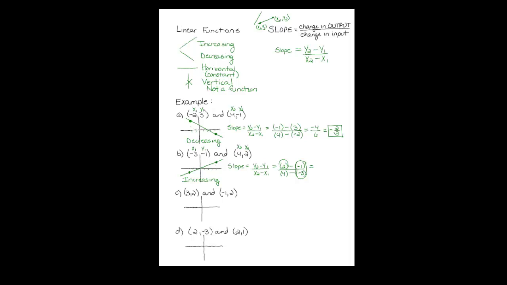All right, working this out, we have 2 minus a negative 1, that's a positive 3, divided by 4 minus a negative 3, that is a positive 7. Looking at this fraction, 3/7 can't be reduced, so we're just going to box it up. That is our slope. Example C, we have the point 3, 2, so 1, 2, 3, up 2, right about there, and negative 1, 2, there's negative 1, up 2, connecting the dots,